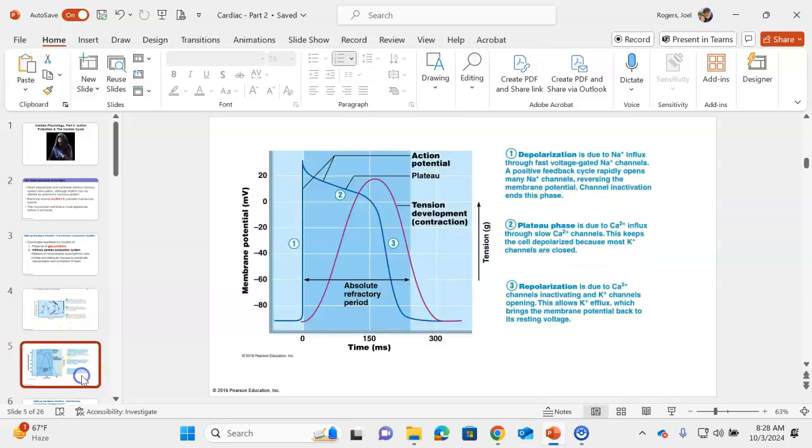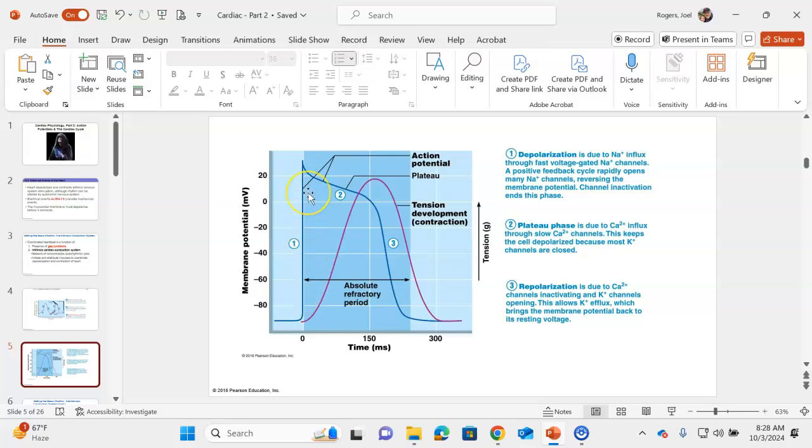Now, when we go from SA node cell to myocardial cell, we're looking at two different curves in this particular graph. This first one here is the actual action potential curve for the myocardial cell, and it's different than anything we've seen so far. The purple curve here, as it's labeled, is the tension development or force production curve in the myocardium. Let's look at this one first, and then we'll look at this one, and then we'll put the two together. So sodium and calcium are coming through the gap junctions from the SA node cells to this cell. And then look how rapidly